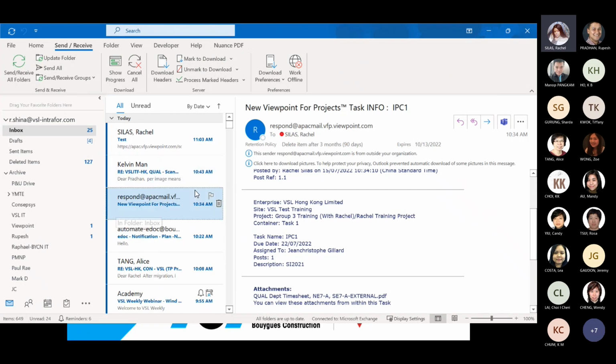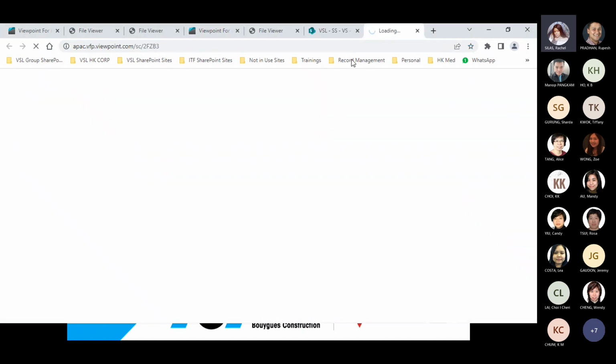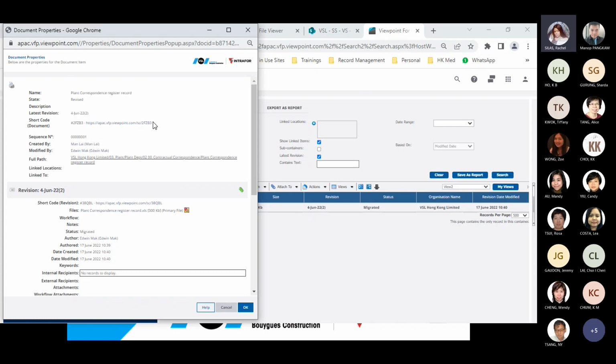If you want to send a link to someone, like Rachel did earlier, you go to properties and then choose short code. Yes, sorry, it's faster than your voice. So it takes me back to the name, the document, and the location of where it is on the system. Okay, so you can share this link with anybody, just to share a specific file, if you don't want to make the file public or make the folder public. So someone who doesn't have Viewpoint, they are going to